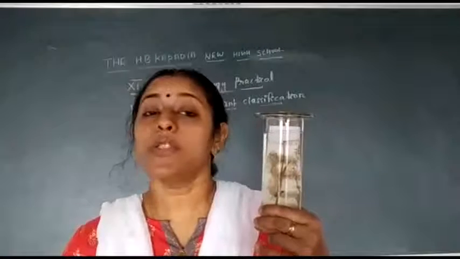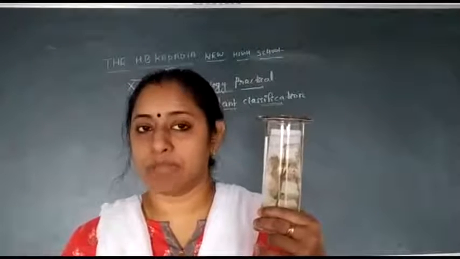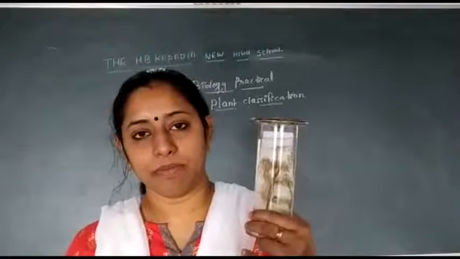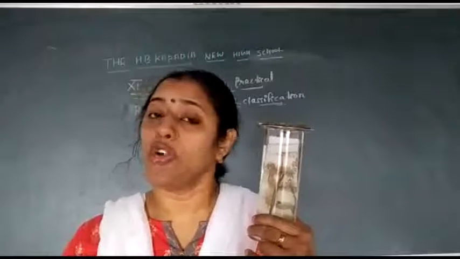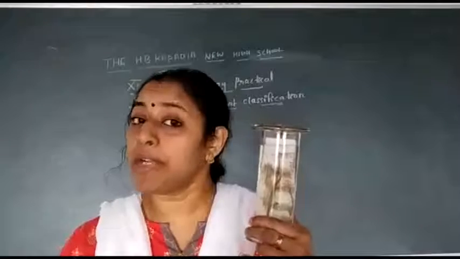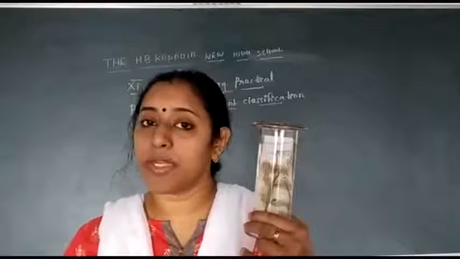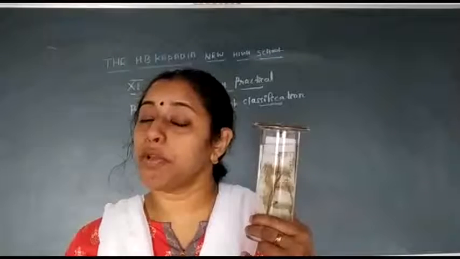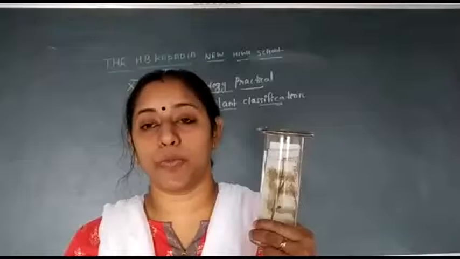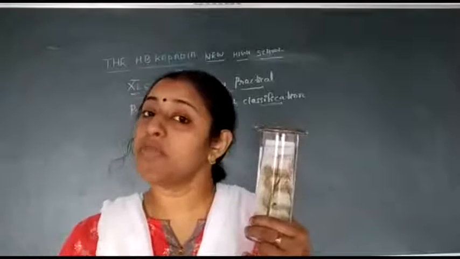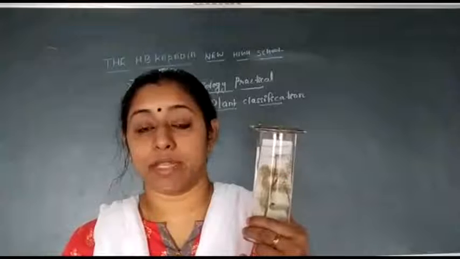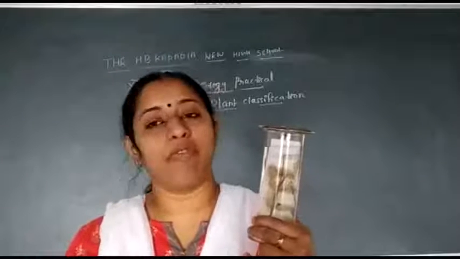They are normally sporophytic. They show two types of generation, sporophytic generation and gametophytic generation. And both these generations alternate with each other. Some of the plants are producing a similar type of spores. They are called homospores, whereas some of them are producing two different types of spores. So what is the meaning of two different types of spores? The male spores will be smaller in size, the female spores will be bigger in size. That is called heterosporous type of development.